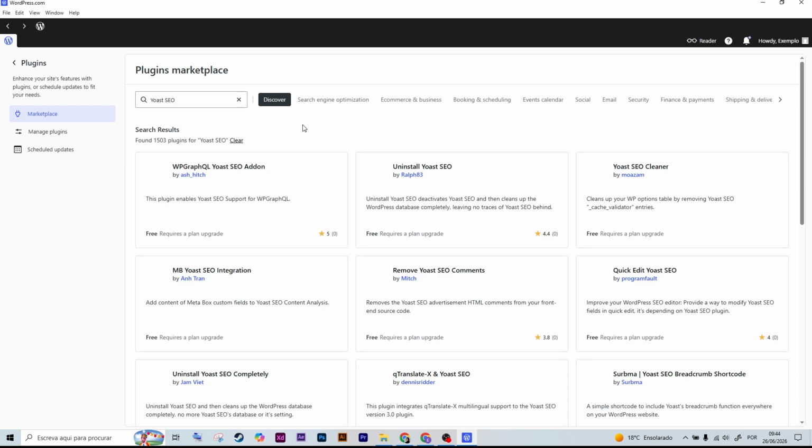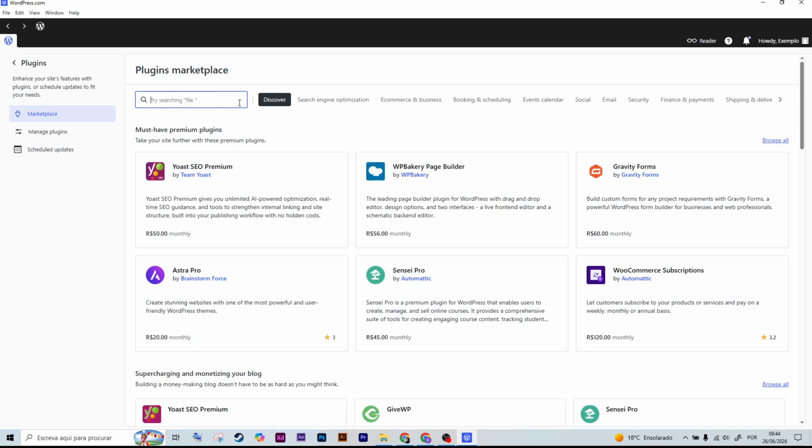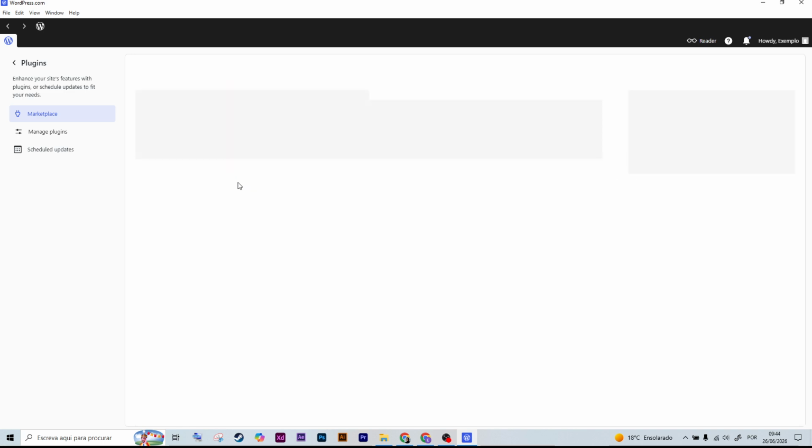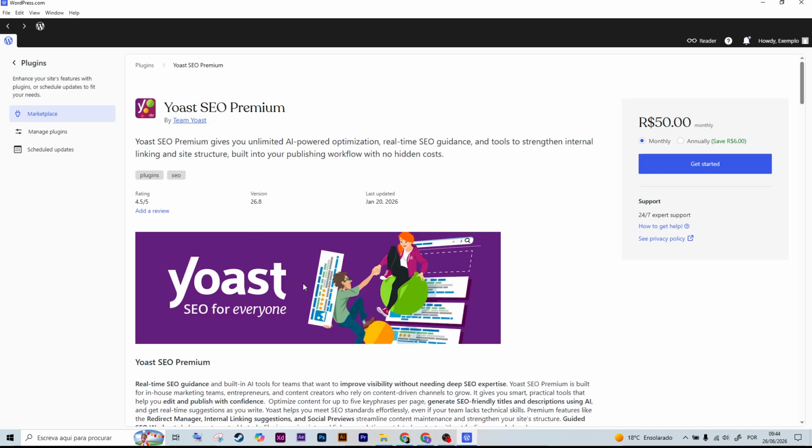Next, open the new Yoast SEO menu from the left sidebar and launch the first-time setup. Follow the guided steps to configure your website, choose whether it's a personal or business site, and enter your site information. After that, review the SEO settings and enable the features you want, such as XML sitemaps, SEO analysis, and